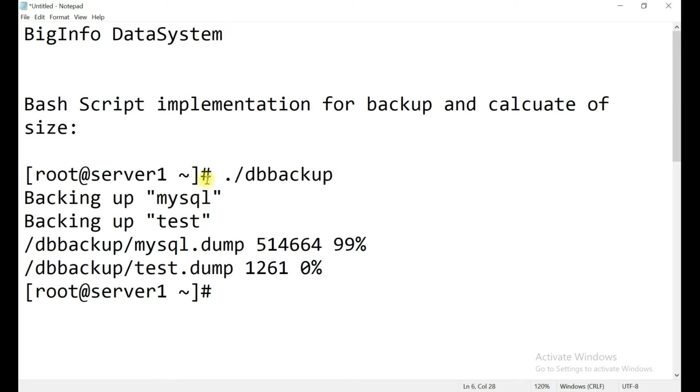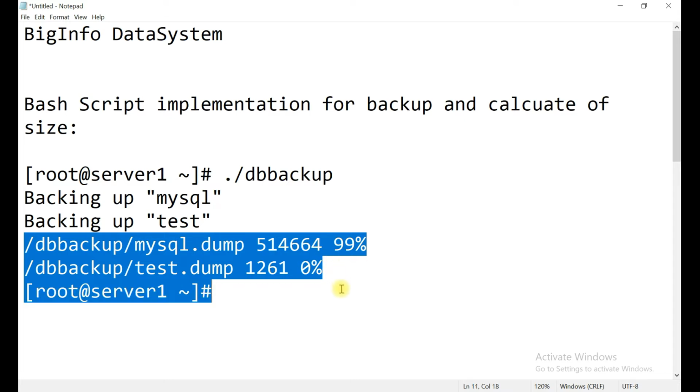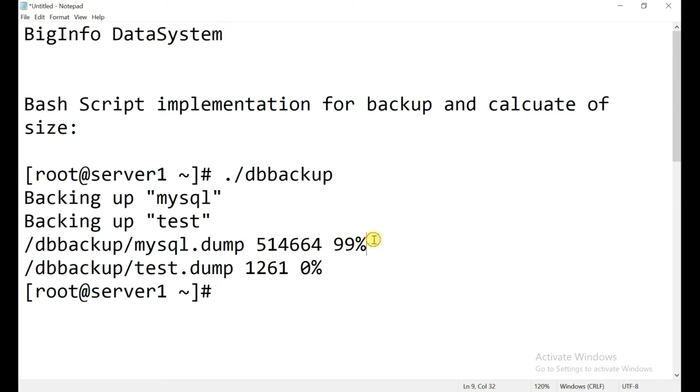The moment you run it, you should be able to get whatever the database names are. It may be MySQL, it may be test, or it may be anything, depending on what databases are inside your DB. At the same time you should be able to calculate the number of databases there, their size, their location, and what percentage is completed.